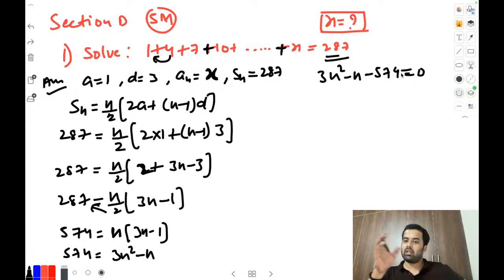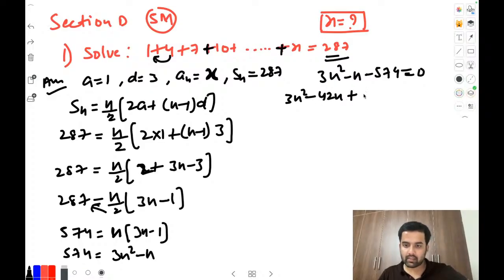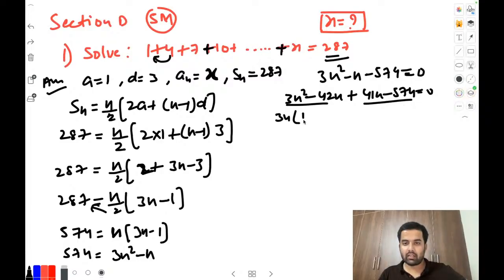Okay, so again we got the equation, use a splitting method. So I'm just doing directly, okay? 3n square, and this will become what? Minus 42n plus 41n. Okay. Now next, take a common. So I'm doing very slowly. You're getting it now. I hope you're getting it. I already have my notes, so that's why I'm directly keeping the values here below. Here 41 common, so n minus 14 again.